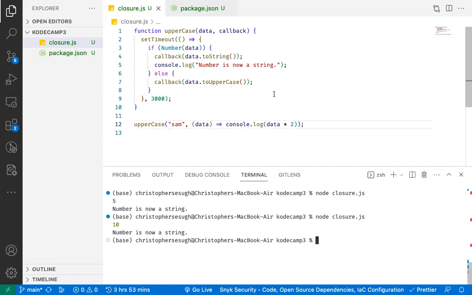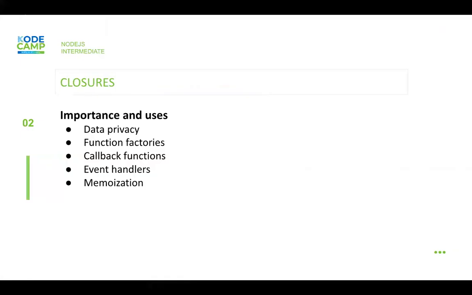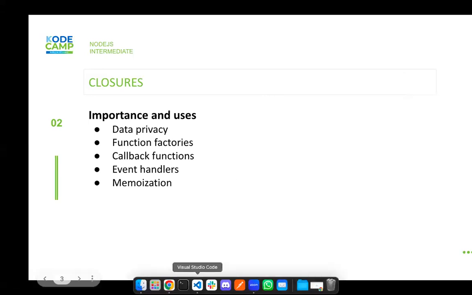Change this to 1 second, a simple function to make you understand how callback functions work with closures. Now, you can pass in a complex callback function that performs some kind of operations. Then you expose some methods to the user to be able to use those methods to perform the functions they want to perform without knowing the implementation details of that function. So closures are very, very useful in this aspect, where you want to expose some specific method, like